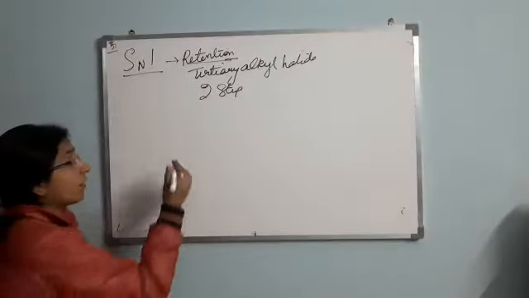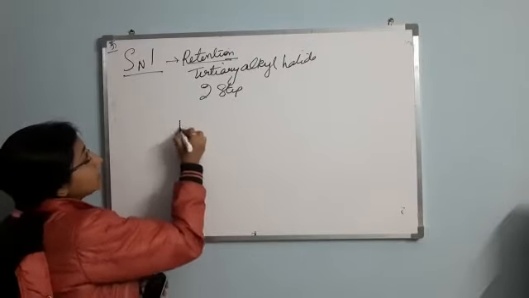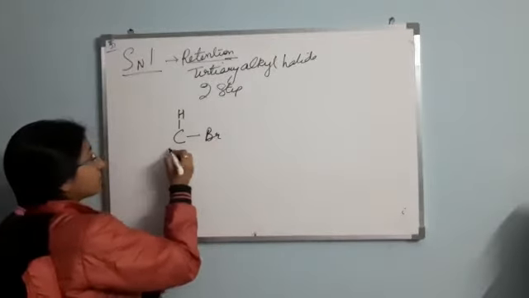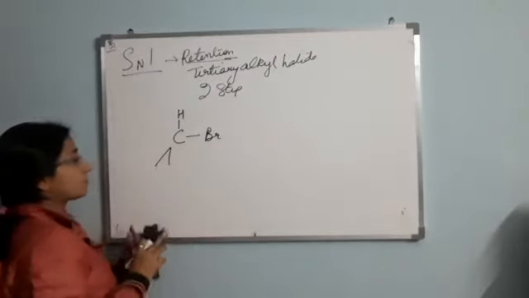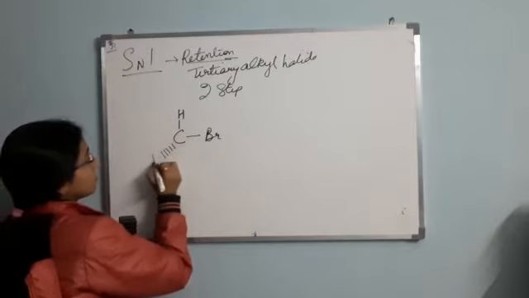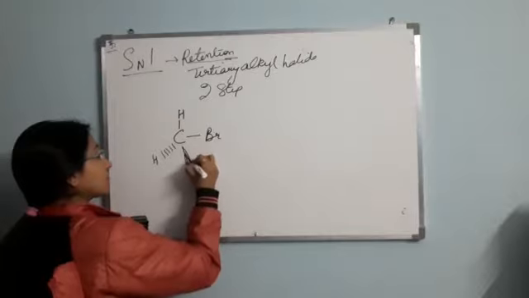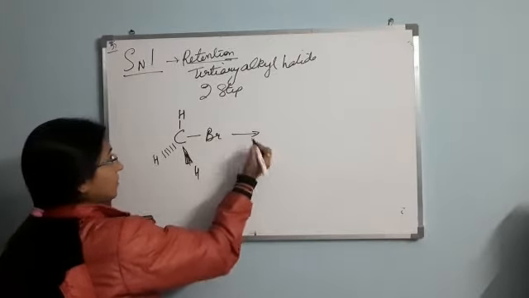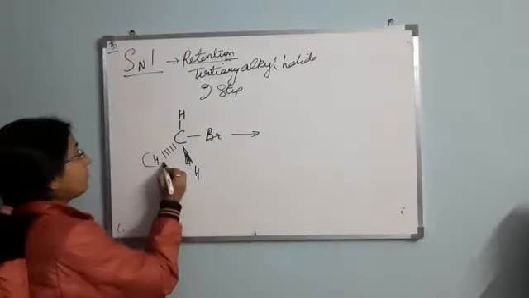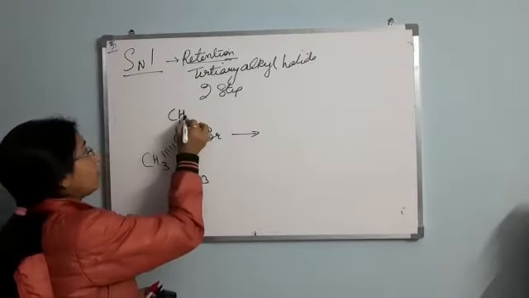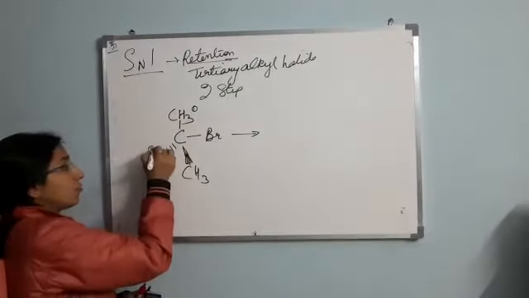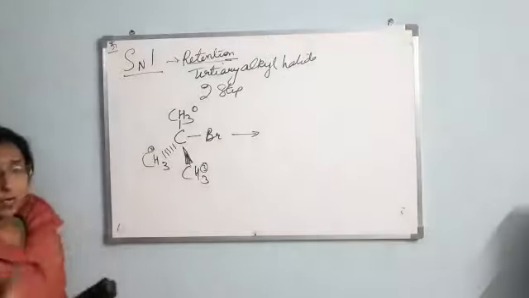See how it is going to happen. If it is tertiary, then see H. This is any halo group. Now, it will be very difficult for a nucleophile to attack from this side. Why? Because it is now a tertiary alkyl halide. This we can make 1, this will make 2, and this will make 3. Only to recall it. Fine.